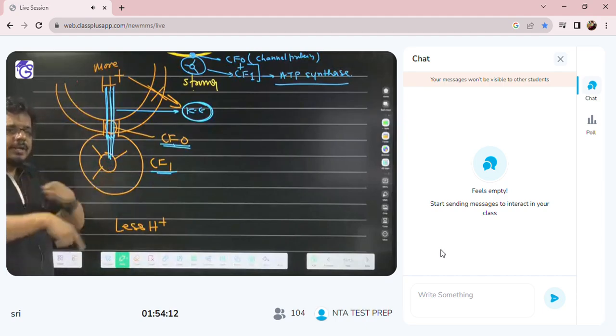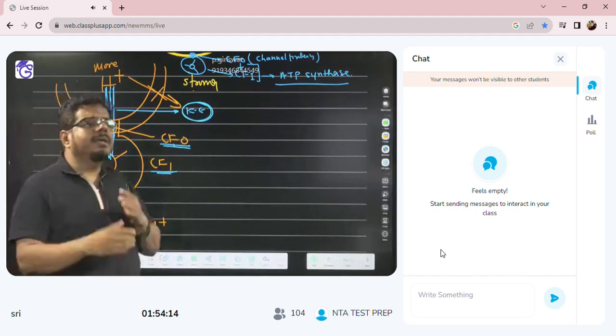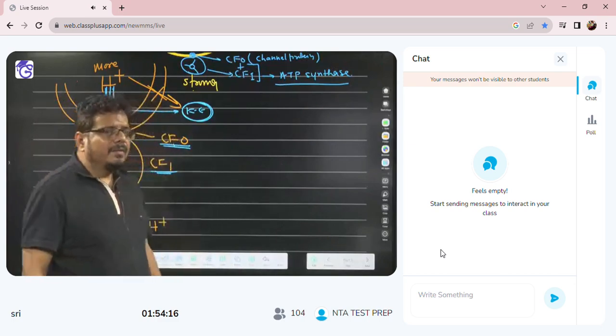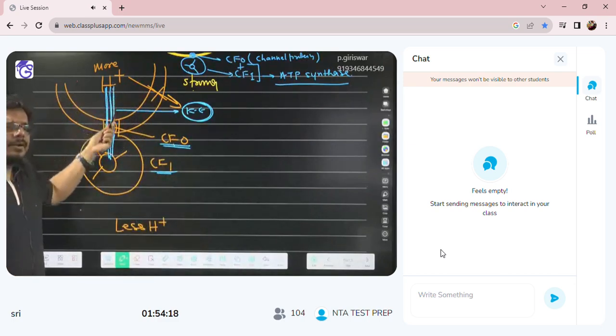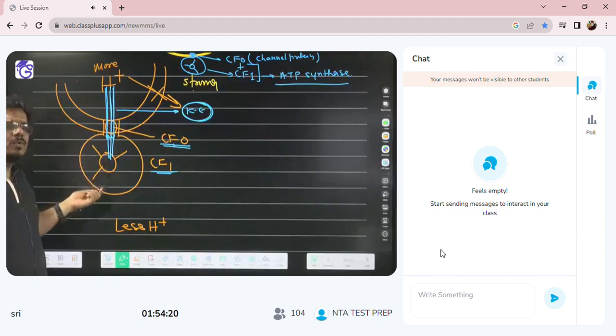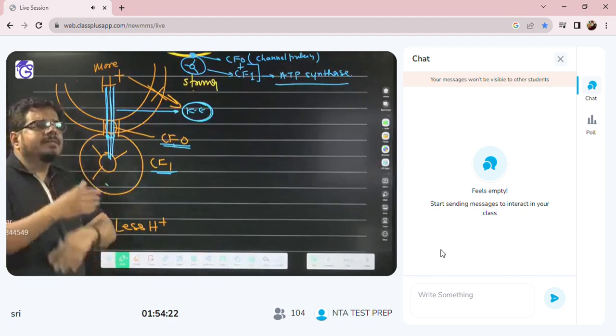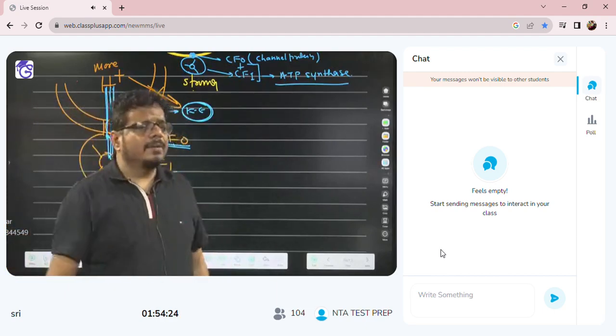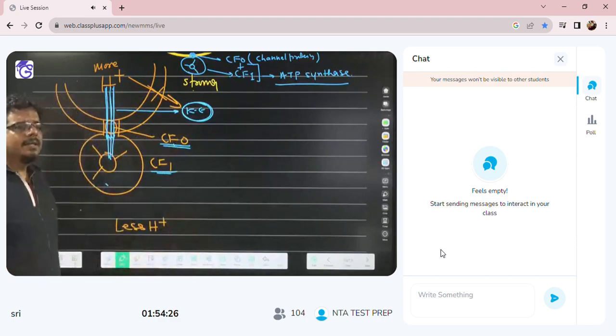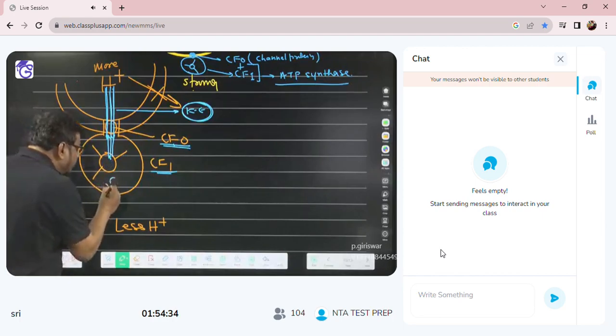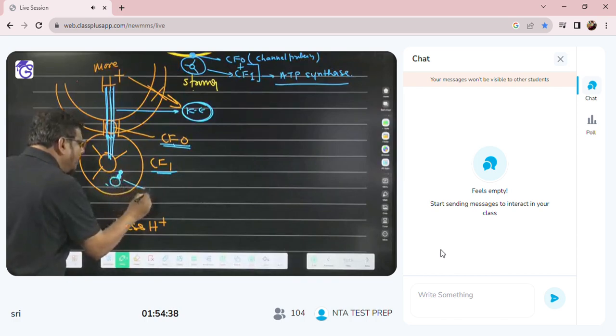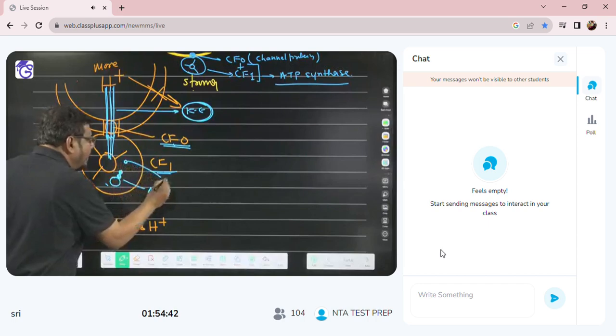It is rotating. NCERT wrote that conformational change occurs. When protons move and reach CF1 via CF0, conformational change occurs in which one? CF1. Did NCERT write it or not? So when conformational change occurs, who starts rotating? This enzyme. Now here, adenosine diphosphate, ADP, and here inorganic phosphate, Pi.